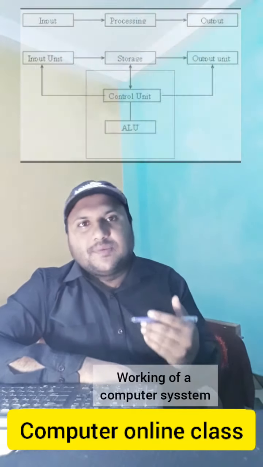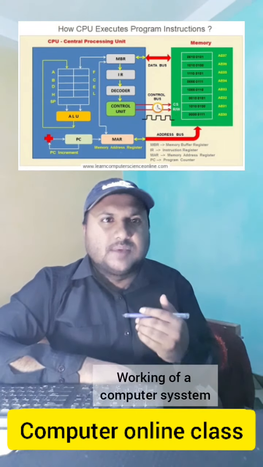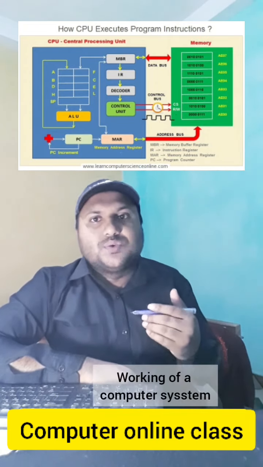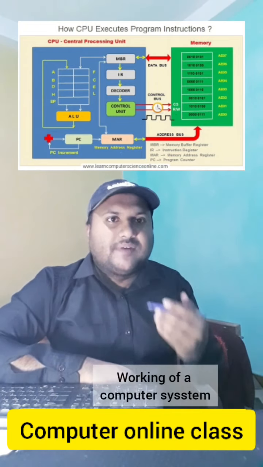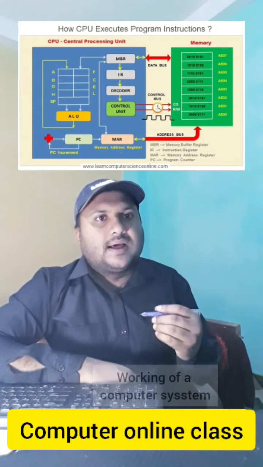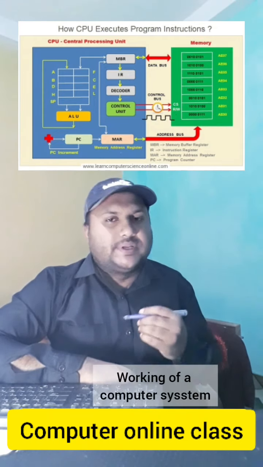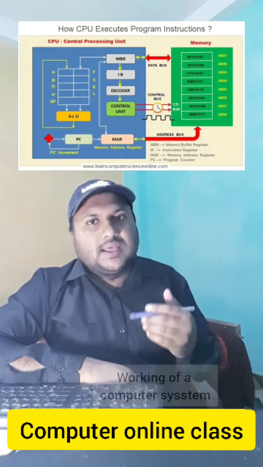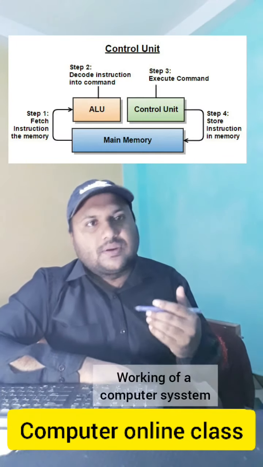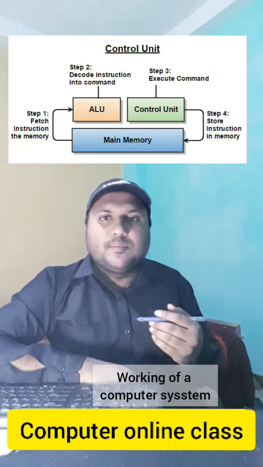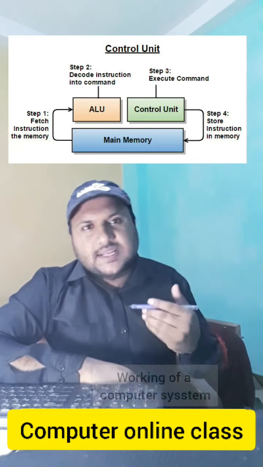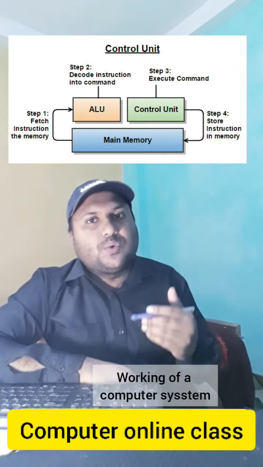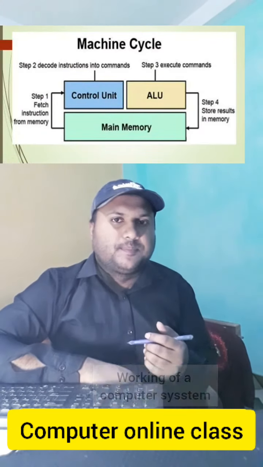All the above activities are performed by the CPU. The control unit decides when to take input from input devices and store it in the main memory unit. When required, the data is sent to the ALU, which performs calculations as told in the program. After calculation, it decides where to store the processed data.